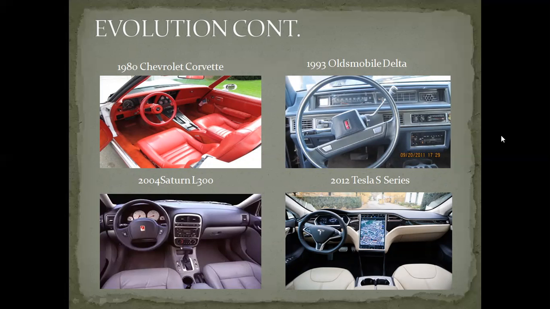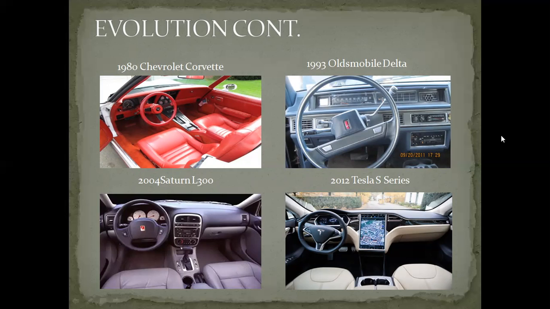In 2004, the Saturn encapsulates the classic 2000s era car interface with a gear shifter on the lower part by the driver's right hand and a transition from cassette tapes to a CD player. If you look back at the previous dashboards, many of the buttons have a wide horizontal orientation. The Saturn's condensed vertical control panel allows the driver to control every aspect of the car with relative ease.